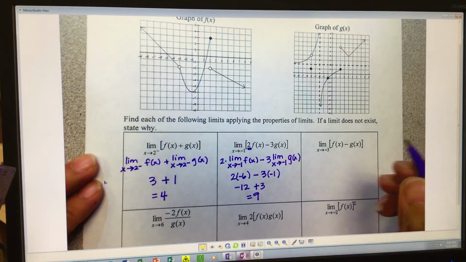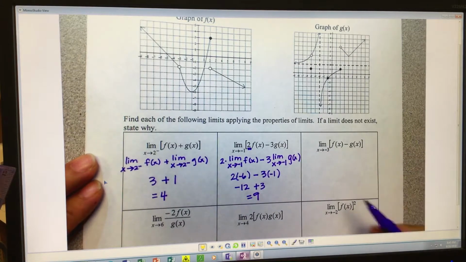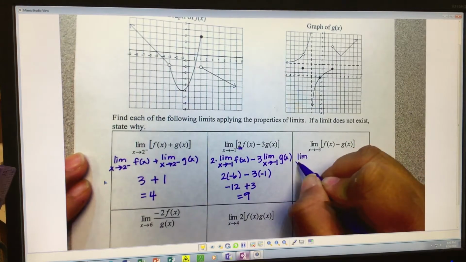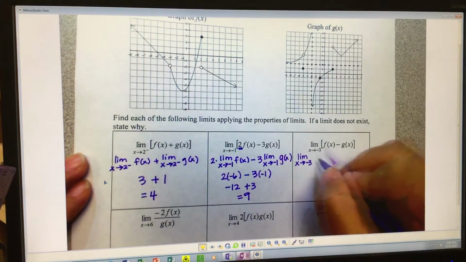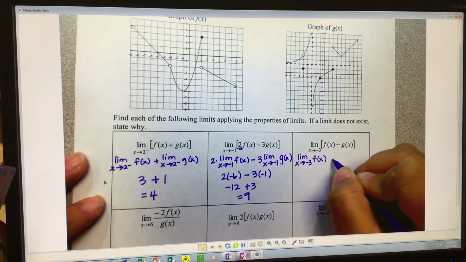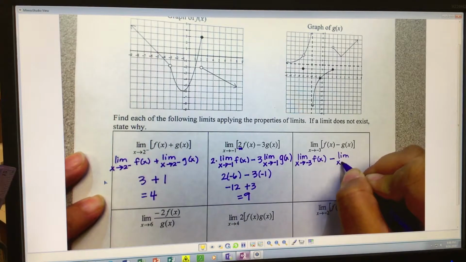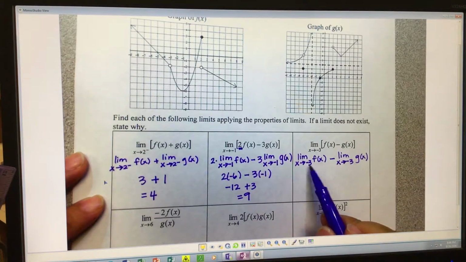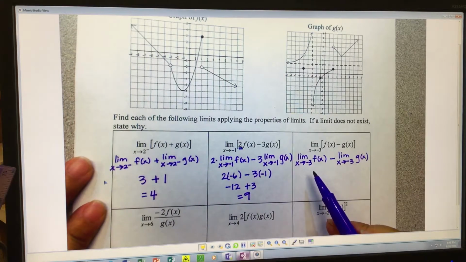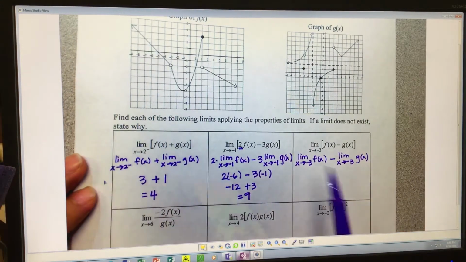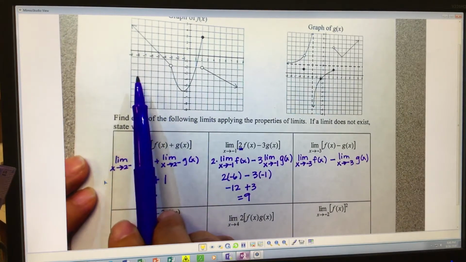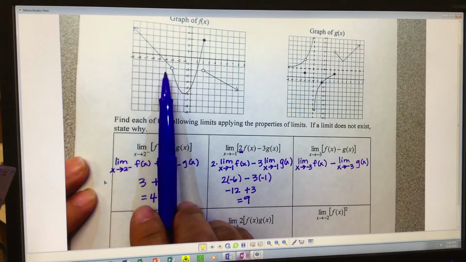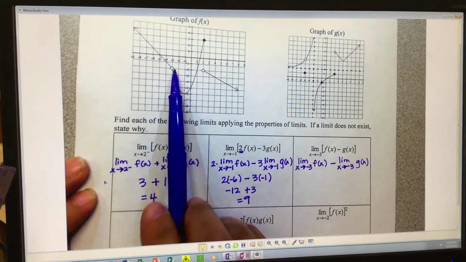Okay, let's do one more together. All right, so here we're going to subtract. So again, you're going to write out what you understand the limit to be, which is just like this. And here we need to check from the left and from the right. So from the left, here f of x, so -3, here is -2. From the right, we want to just double check, so that's also -2,